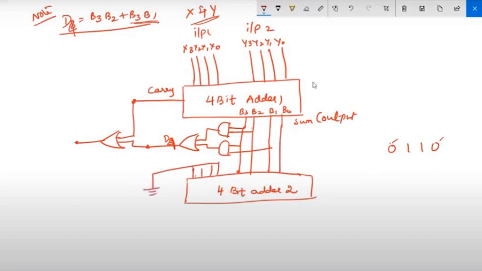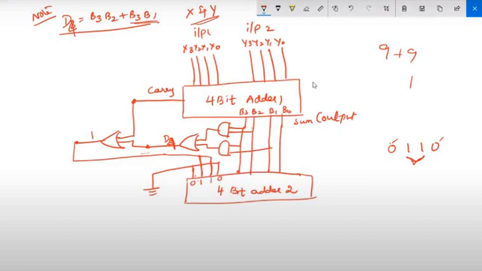The first and the fourth bit, we are just grounding it, which represents 0 0, and the second and the third bit represents 1. So we need to connect this OR gate output to the second and third bit. For example, I told 9 plus 9 combination, right? So 9 plus 9 will offer you carry 1. So this carry, if it is going to be 1, what happens? This 1 will be taken over here to the second and the third bit. Already your first and the fourth bit is 0 0. So what is the answer? 0110 is 6.